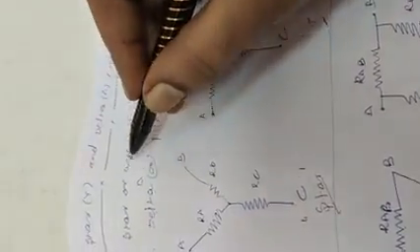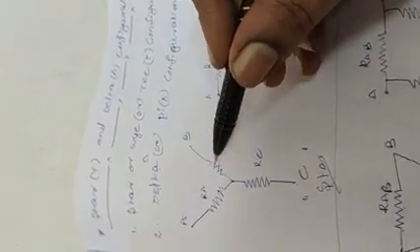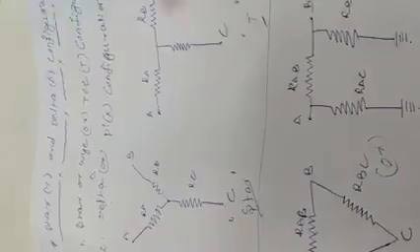Once again, you have to remember that configurations are of two types: star or Y or T configurations, and delta or pi configurations. It is like a star or Y, so it is called a star or Y configuration. It is like a T, so it is called a T configuration. These circuits are like delta, so they are called a delta configuration or pi configuration. So this is just an introduction to the star and delta configuration.